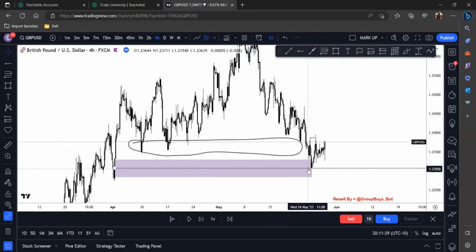The most you're going to get would probably be a good 10 to maybe 30 pip reaction. Okay. And that's the great thing about scalping in this strategy, because once you see liquidity being taken out, you get a quick reaction. Like I said, you're always going to get quick reactions at POIs. So keep that in mind. Once it hits a POI, especially a higher time frame POI, it's going to have a reaction, whether it's a failed swing or a strong swing low. It doesn't matter, you're going to get a reaction no matter what.